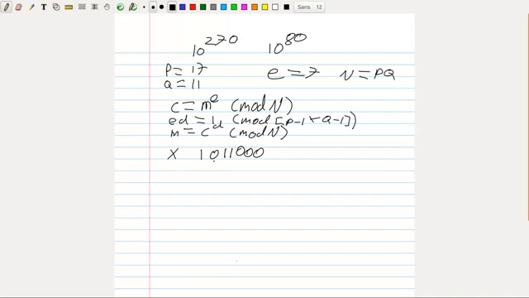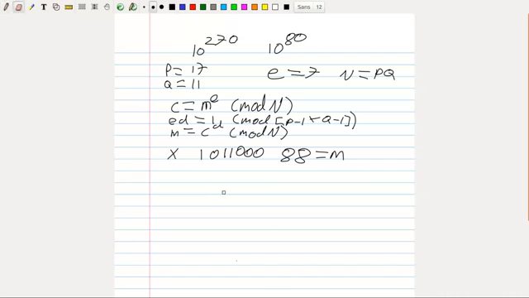So 2 to the power of 6, 2 to the power of 3, 2 to the power of 4. We add all those up, and what we get is 88. And 88 is equal to our message text. So we can put that in here. So I'll write this down here. M is